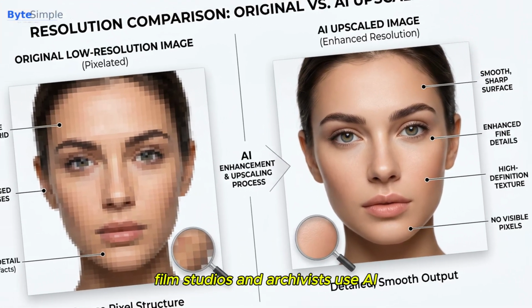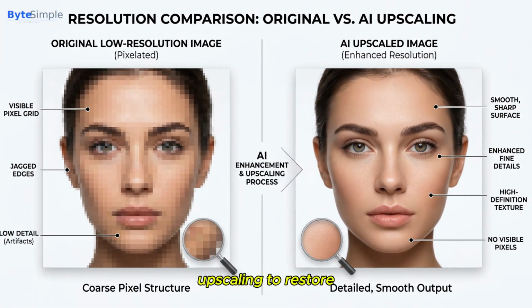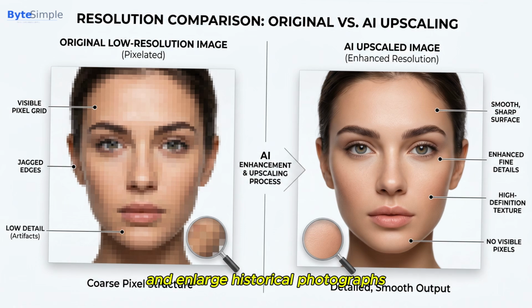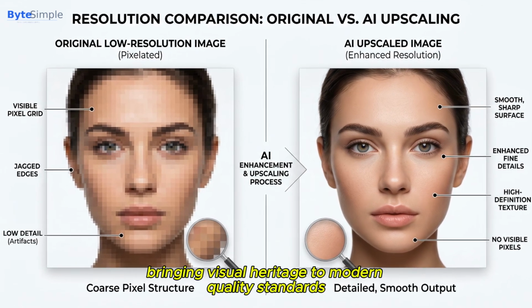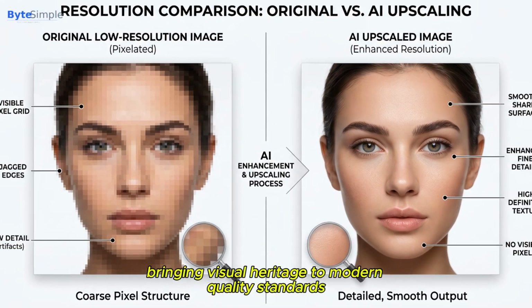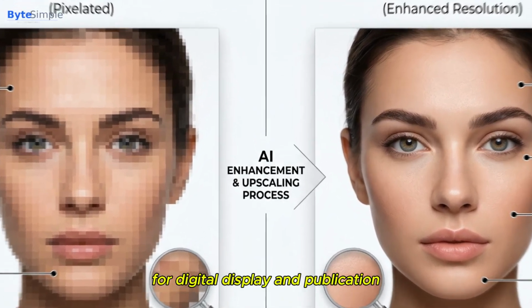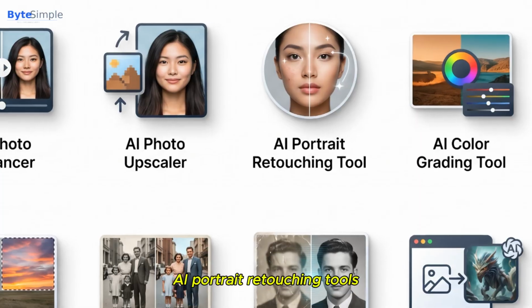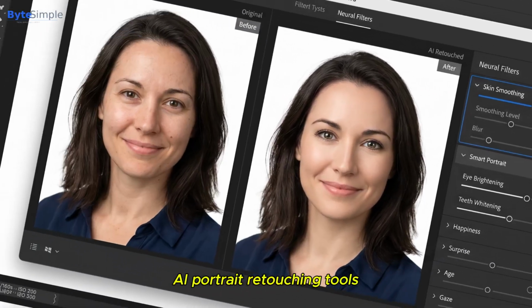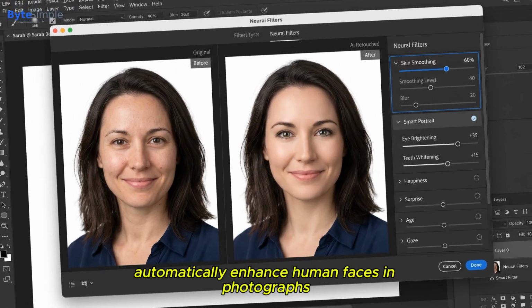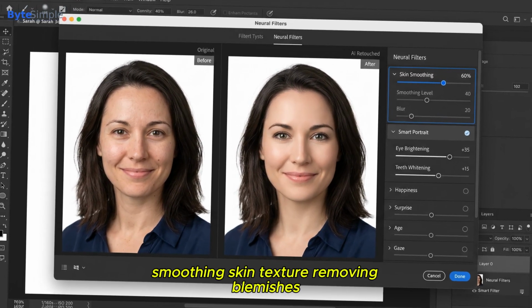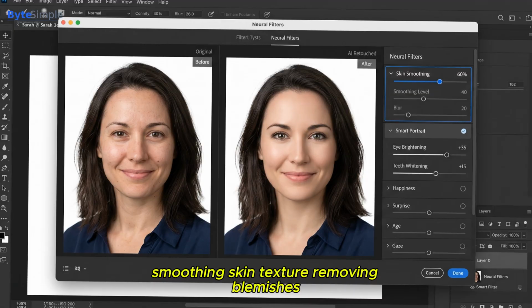Film studios and archivists use AI upscaling to restore and enlarge historical photographs and film frames, bringing visual heritage to modern quality standards for digital display and publication. AI Portrait Retouching Tools. AI portrait retouching tools automatically enhance human faces in photographs, smoothing skin texture, removing blemishes, whitening